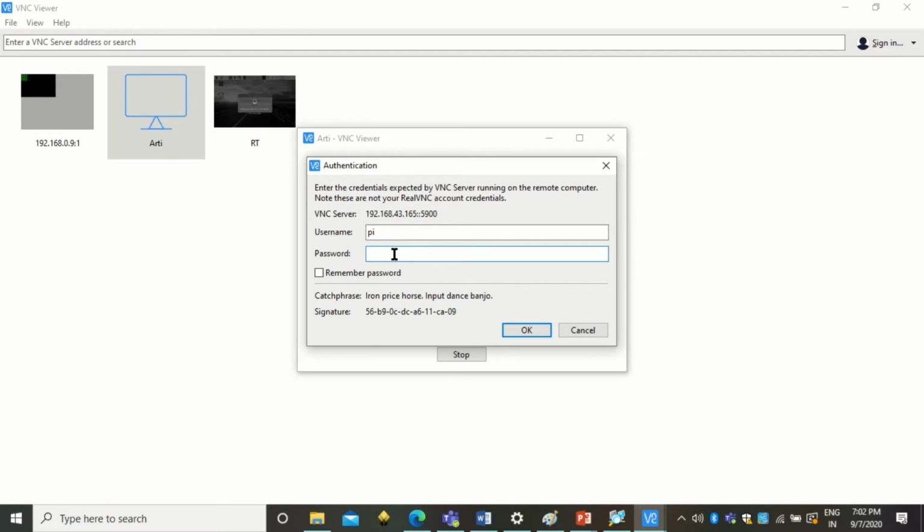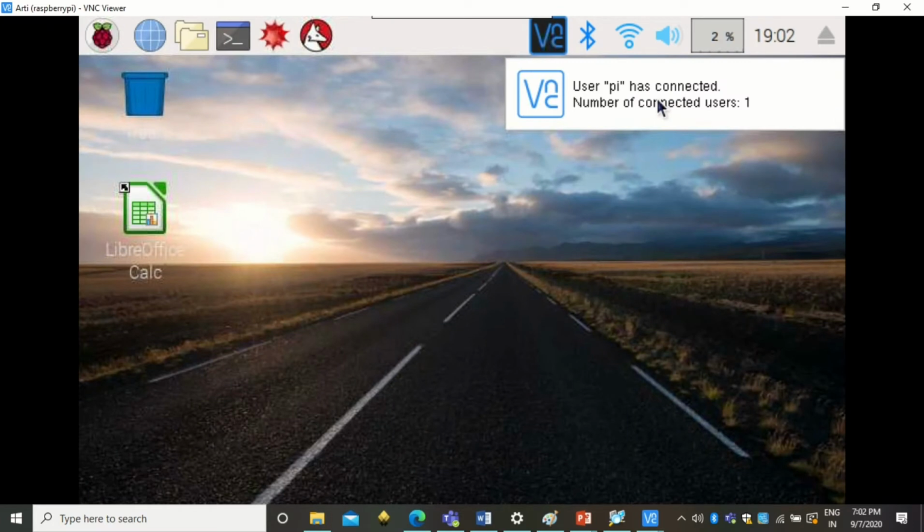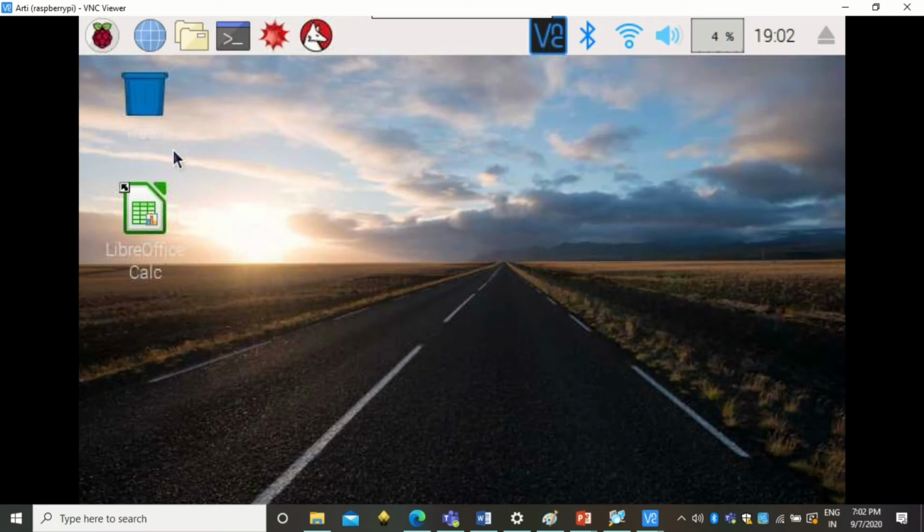You can change your password. If you have not changed it, the default will be raspberry, all small letters. So click on OK, and this is how you will be able to access the Raspberry Pi